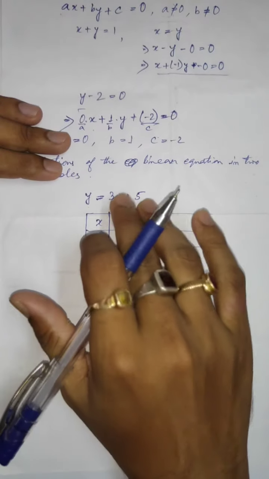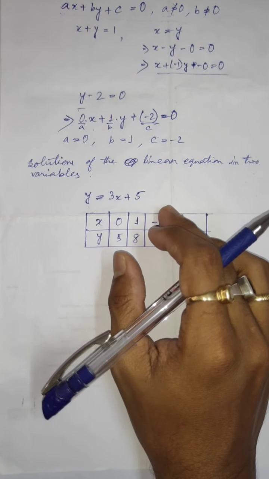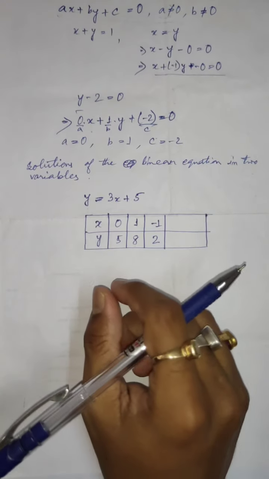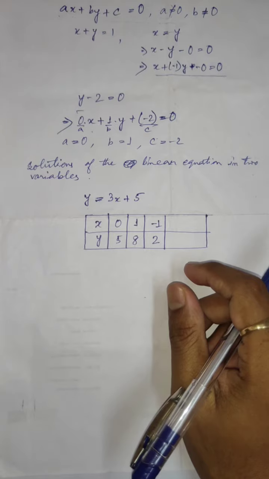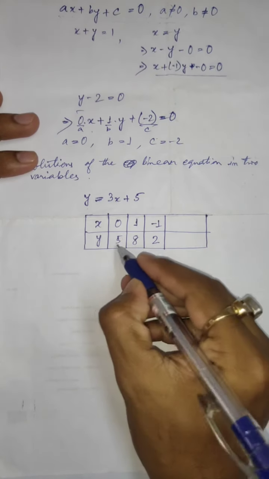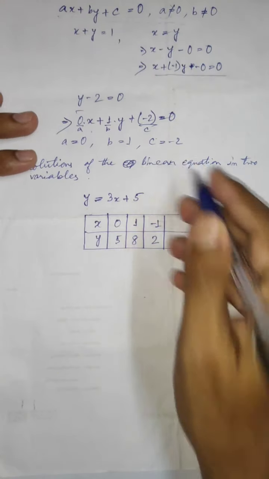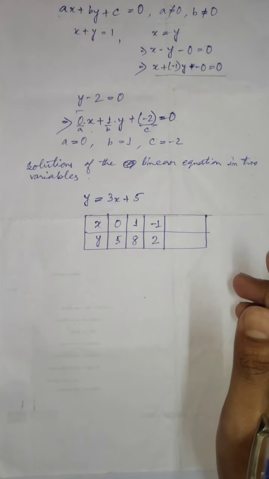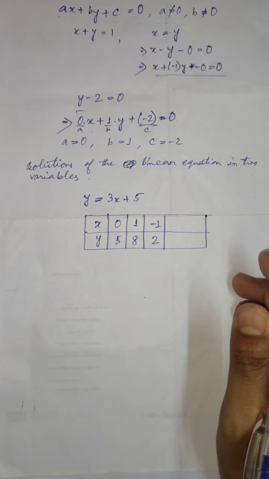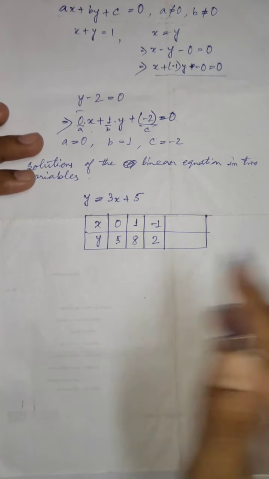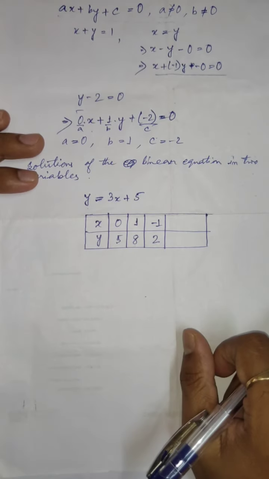This way, if we put any value of x, we shall get a corresponding value of y. So in this way we can find infinitely many solutions. When we plot this graph, you have already seen the plotting of the equation. Now I will show in the next topics the plotting of this linear equation in a Cartesian plane or graph paper. Then we can find all the points on this line.